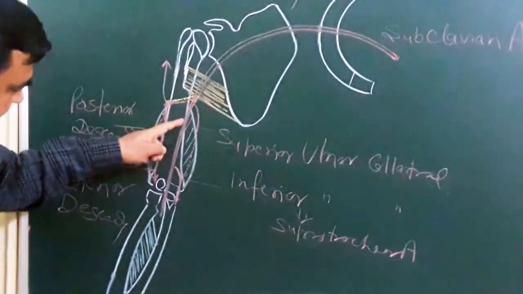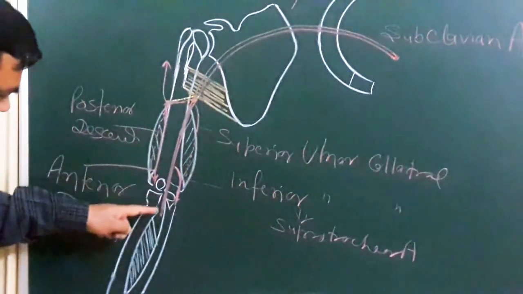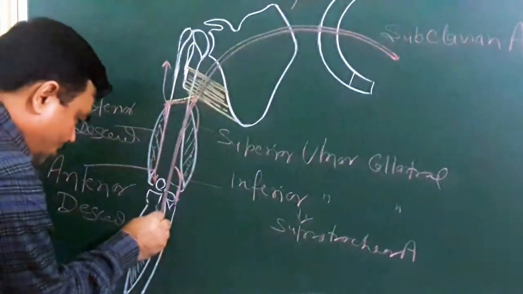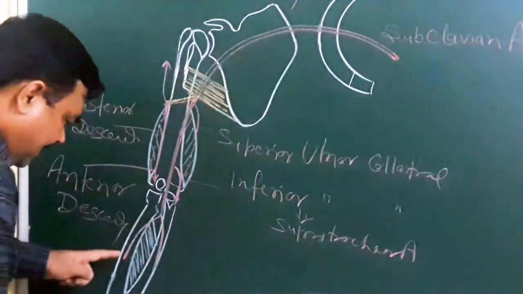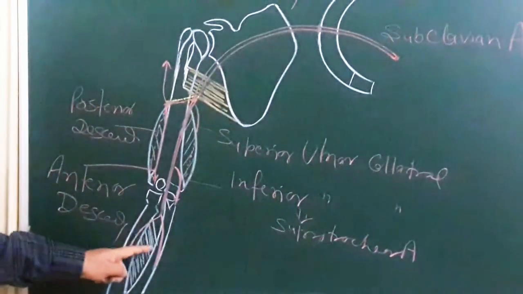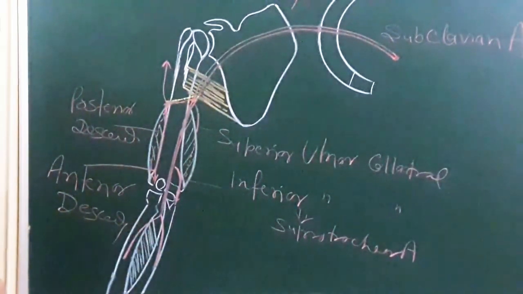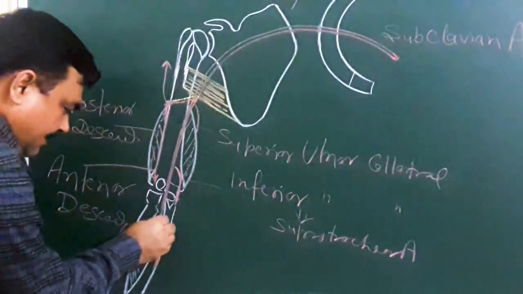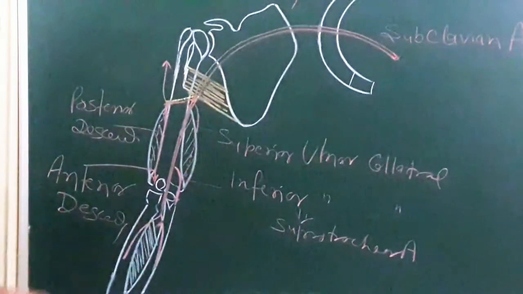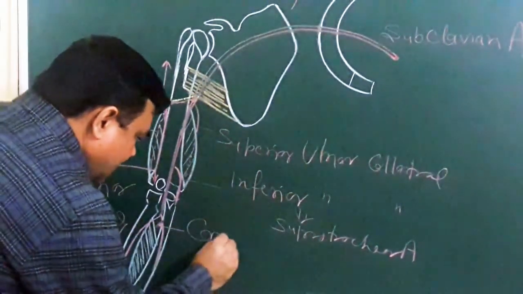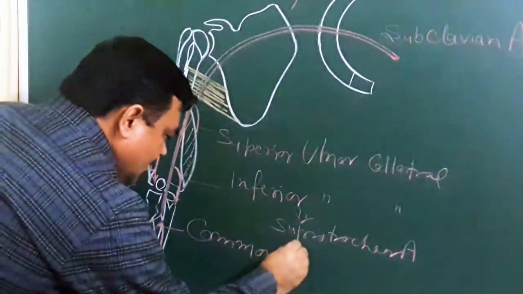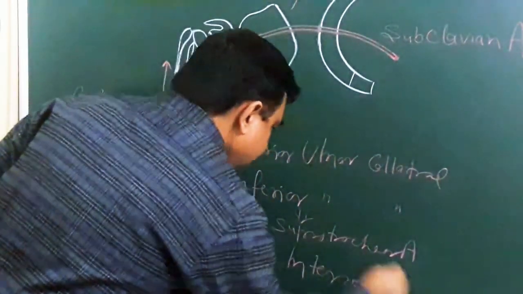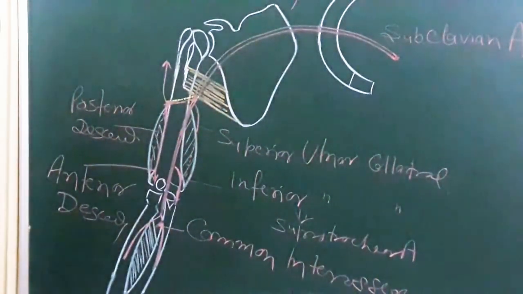Now this is the brachial artery. Here at the level of the radial tuberosity, it divides into two terminal branches. This is radial, this is ulnar. This ulnar gives a branch known as the common interosseous branch. This common interosseous divides,